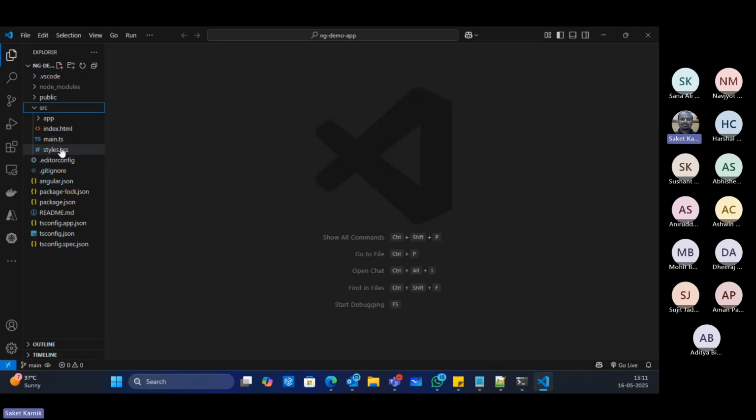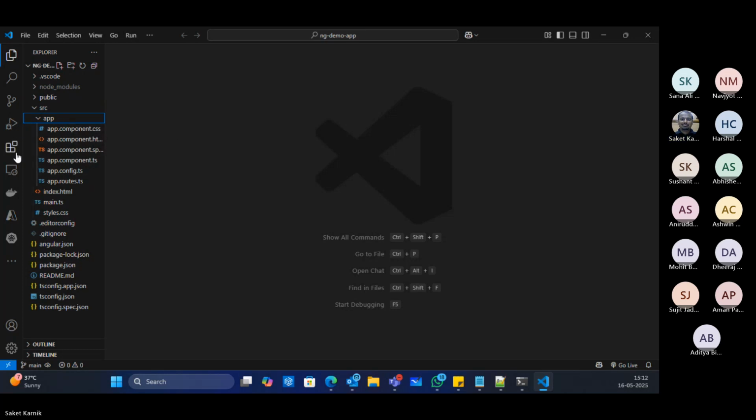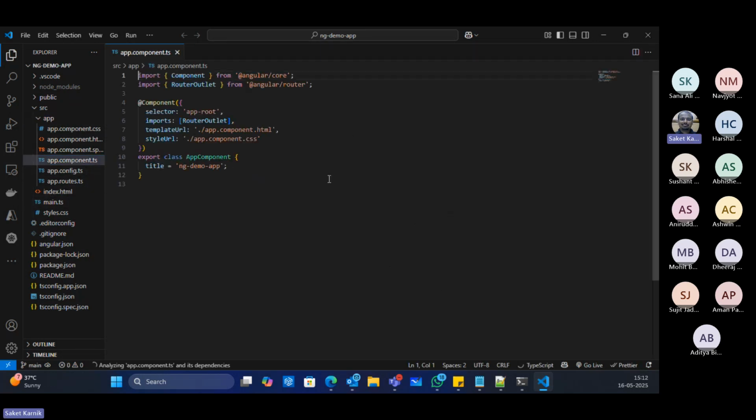Okay. So here also I can actually use this Copilot to get some code generated for me. So let's say I open this app.component.ts.